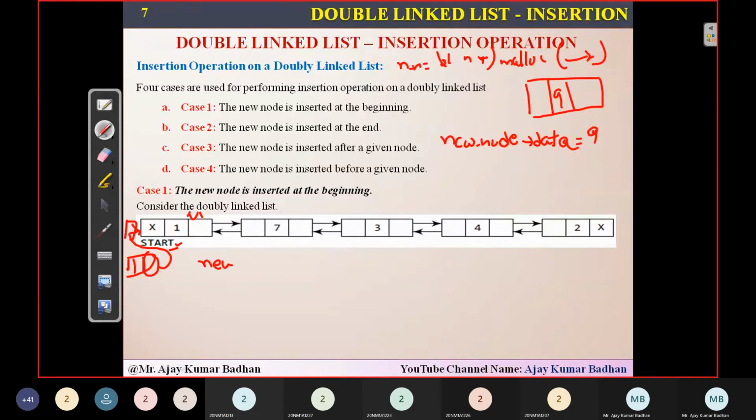So what is the statement you have to write? new node next equal to start, isn't it? Suppose the address of this is 100. So new node next equal to start means you will get 100 here.